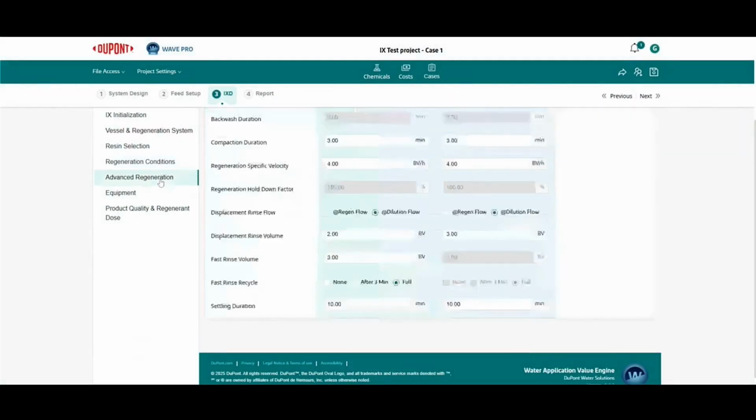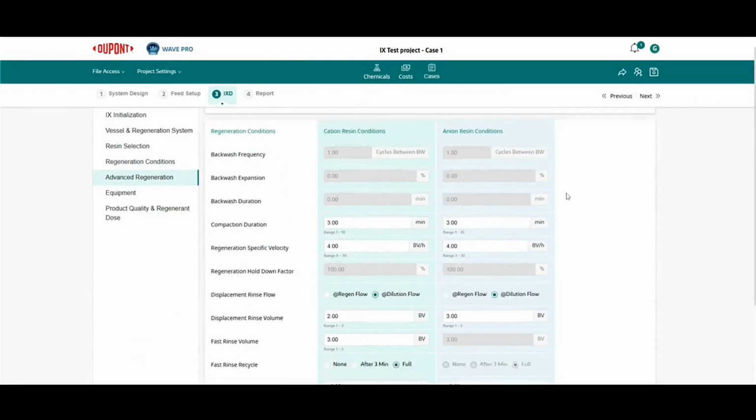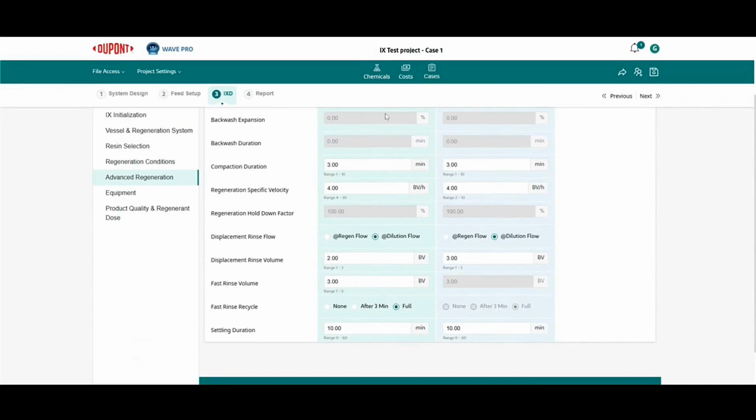On. The next two screens will be pre-populated with results, inputs based on your previous screens. So normally you don't have to change anything here if you'd like to just do a fairly standard design. But this is the advanced regeneration screen, is where you would specify if you're doing backwashes, obviously not needed for